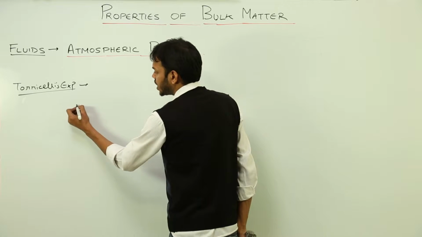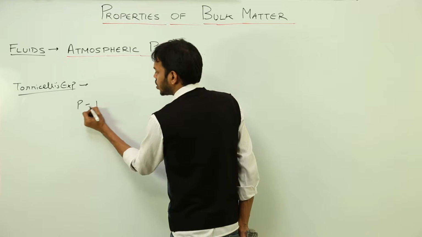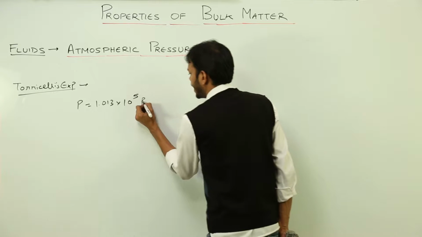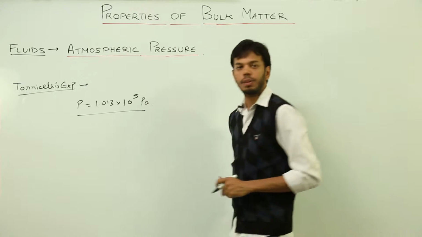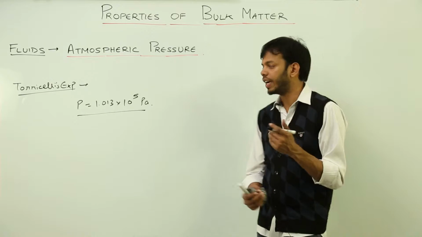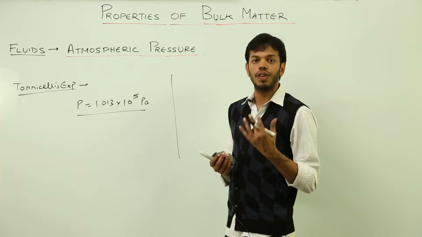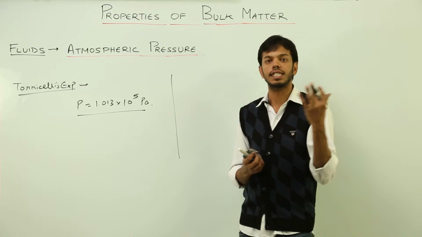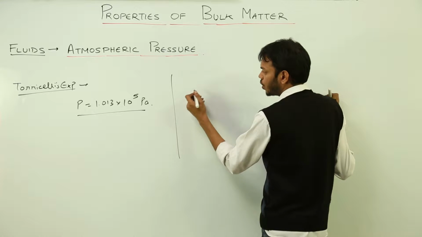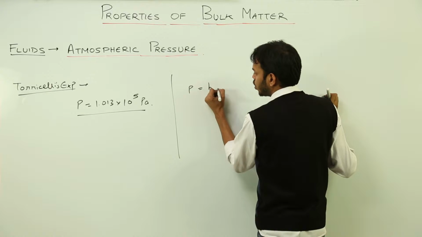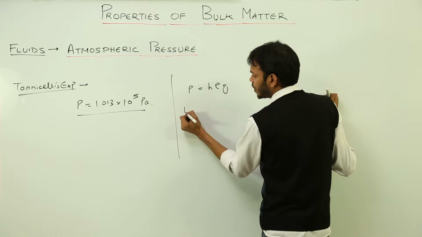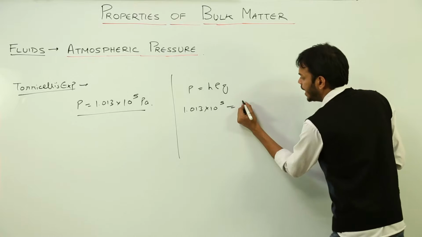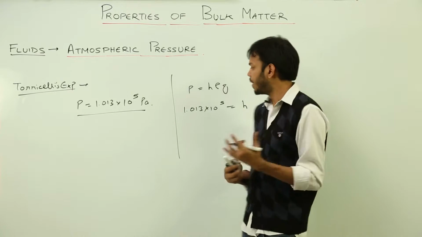So according to that we just derived the value of atmospheric pressure to be 1.013 into 10 raised to power 5 pascals, right? And considering this value of atmospheric pressure, we can also find the height of the atmosphere, or the height of vertical gases above us, up to what height these gases extend. So using this theory, if I use P is equal to h rho g, I already know the value of atmospheric pressure, which is 1.013 into 10 raised to power 5 pascals, whereas the height of the air column above us, I don't know the value.